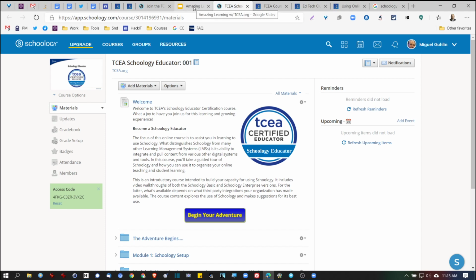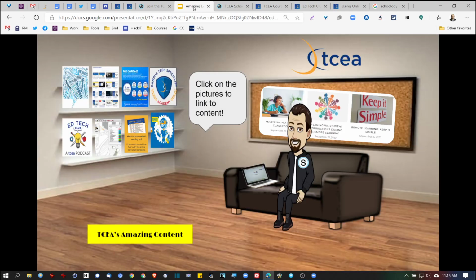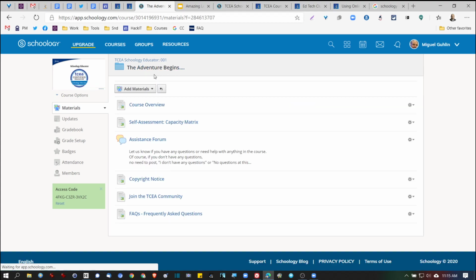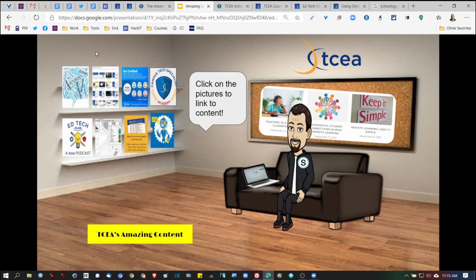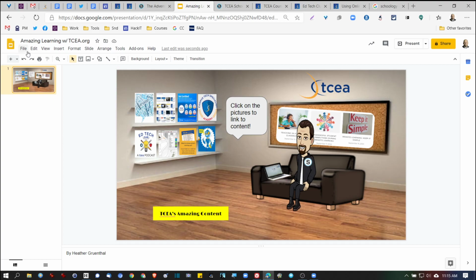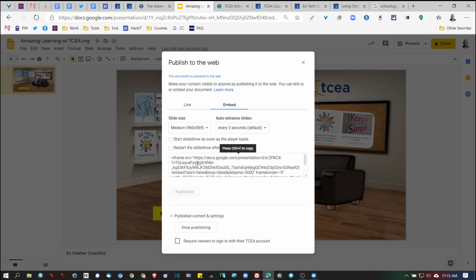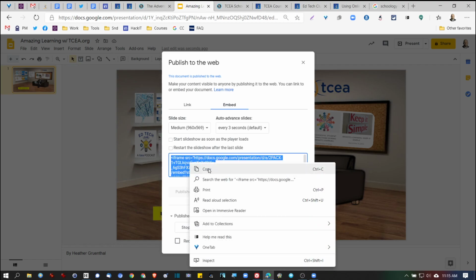The question is, how do I get this Bitmoji as something that's clickable over here in this course? So it's a lot easier than you might think. All you need to do is exit out of view mode, come over here to File, and Publish to the web. Now, I've already shown this a little bit earlier in the blog, but you can just copy the iframe code,